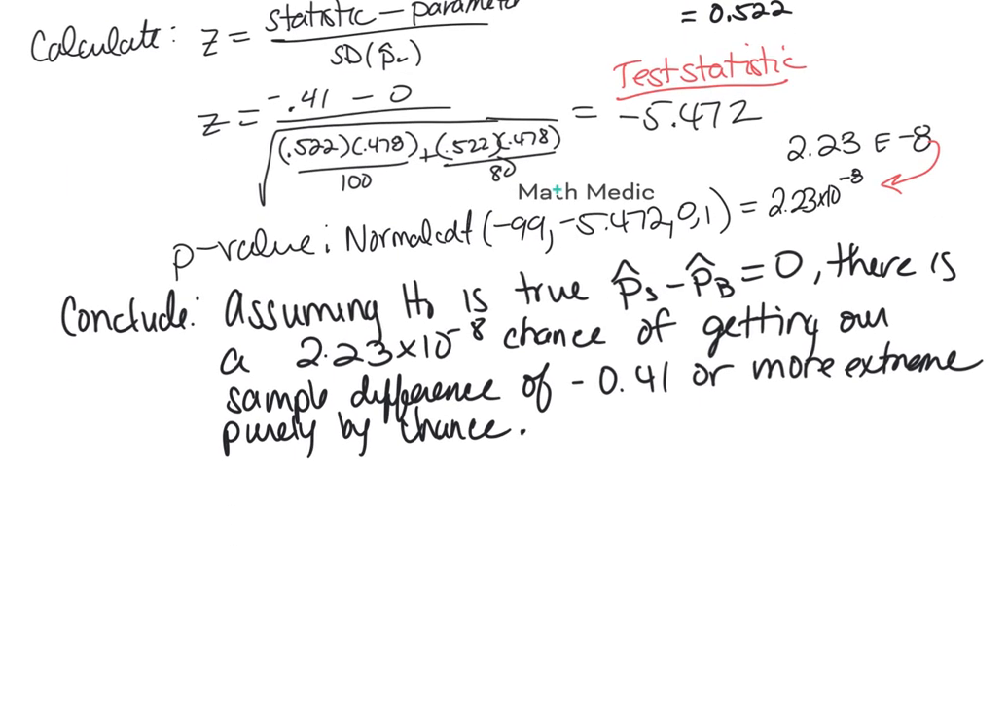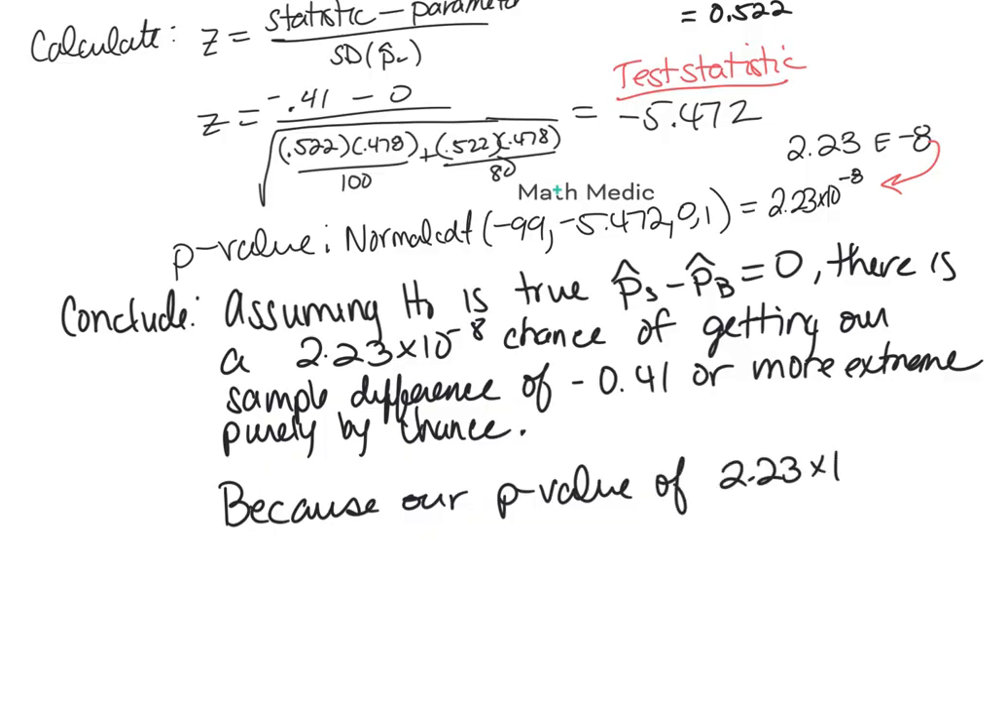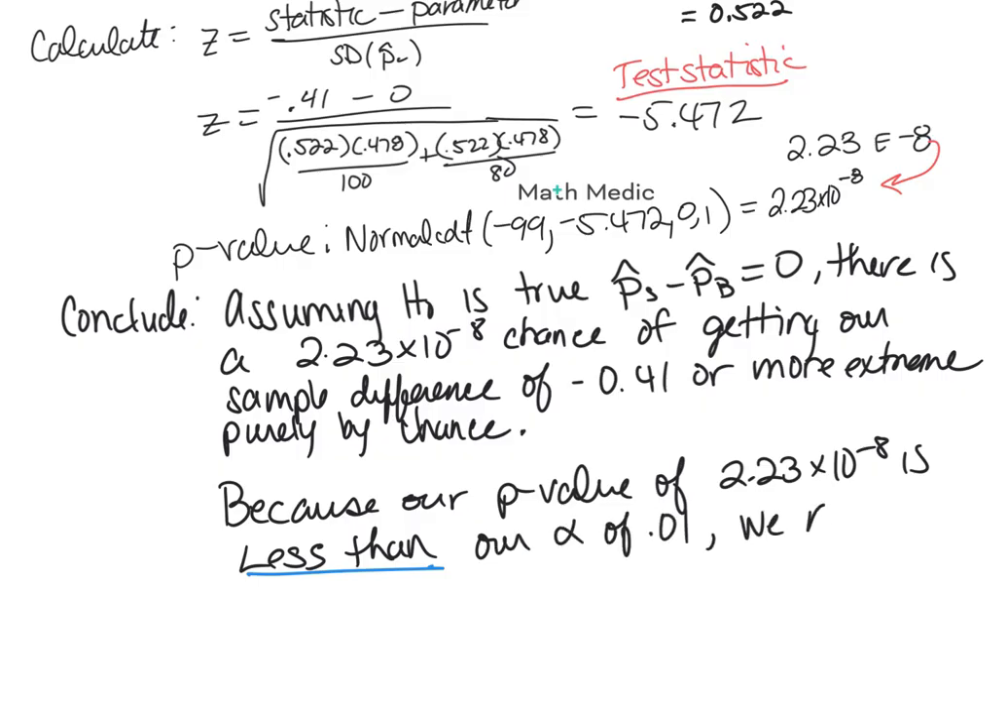And then our alpha level was 0.01, but our p-value is still less than our alpha. So because our p-value of 2.23 times 10 to the negative 8 is less than our alpha of 0.01, we reject H0. And there is convincing evidence